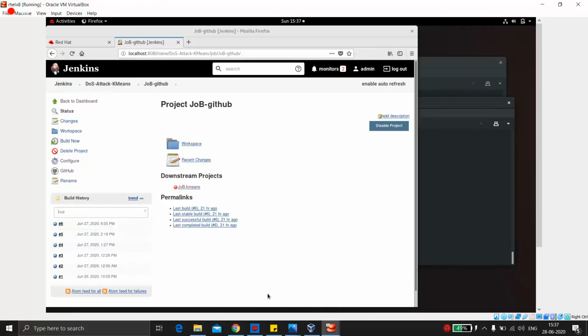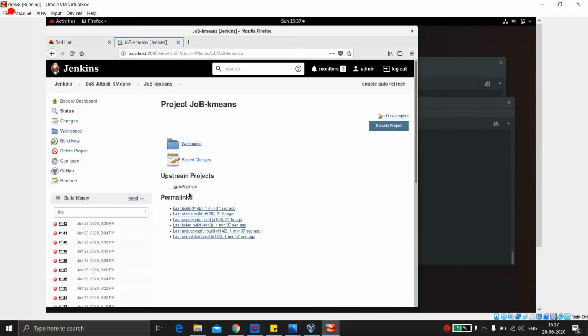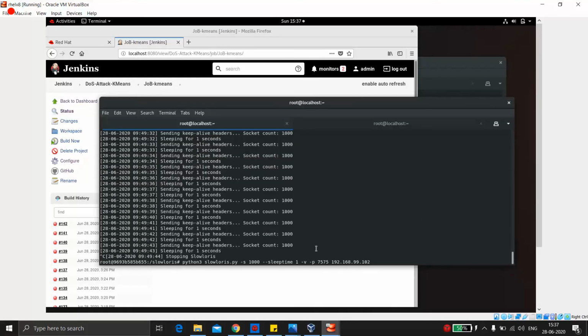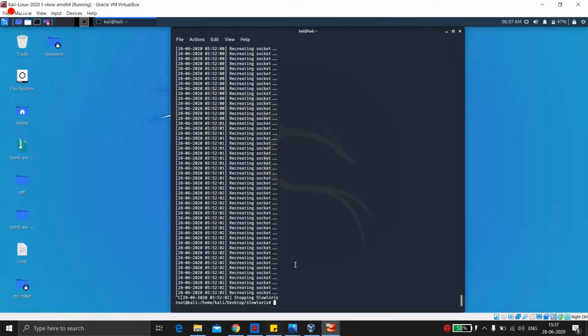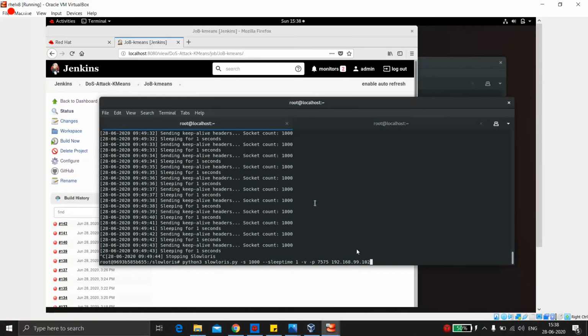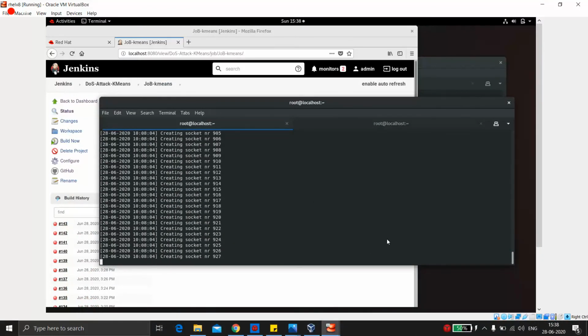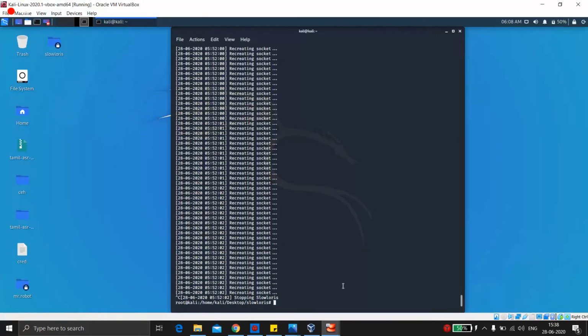Now what it will do is, once I click build now, it would download the code from GitHub and start this job. Now this job, on the fly, in real time, would detect that a DOS attack is going on, and it would block this particular IP, and even it would block this VM. And after blocking, you will see here in this same terminal that they are not able to find the host, or they are not able to make the request because they are blocked. You will see it. So let me start the attack again. I am starting the attack here, and even here,